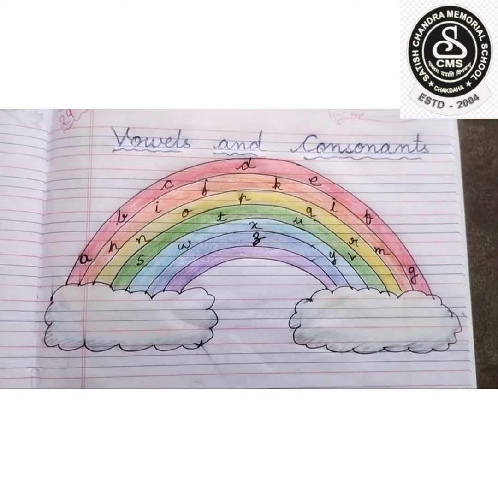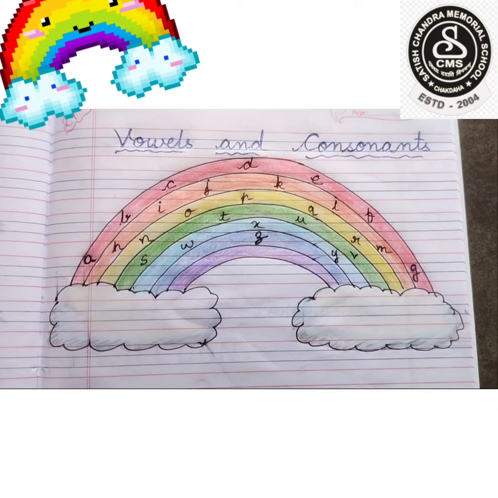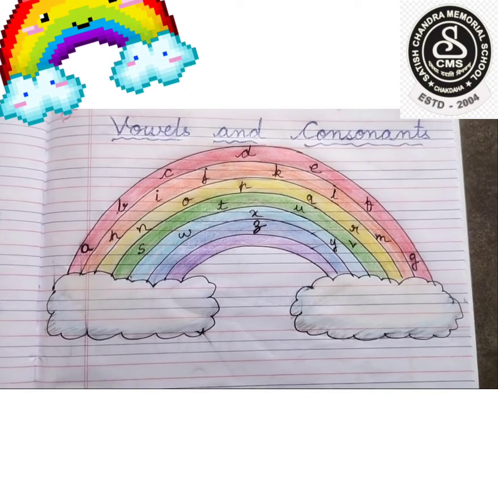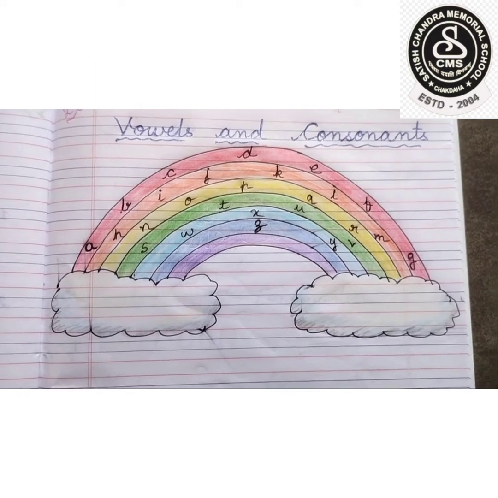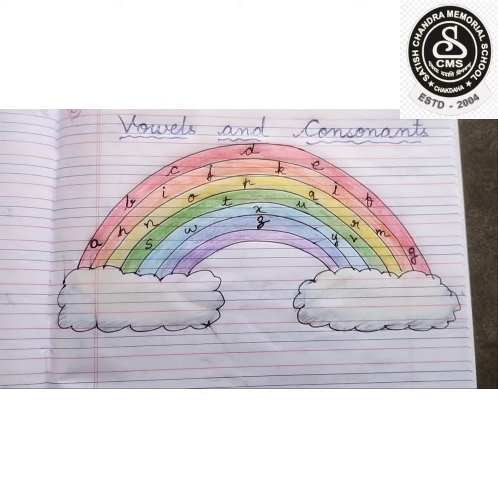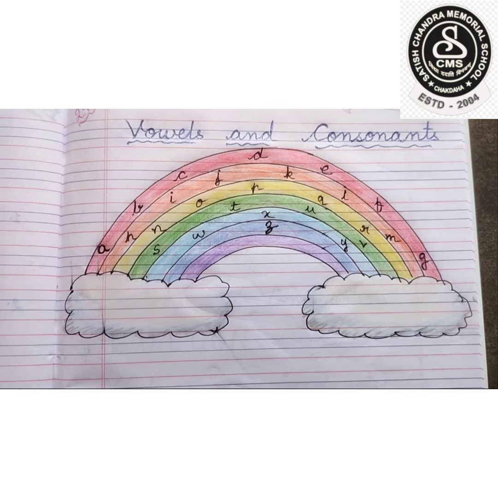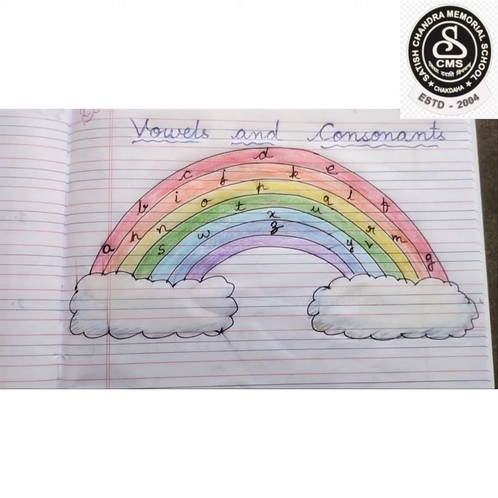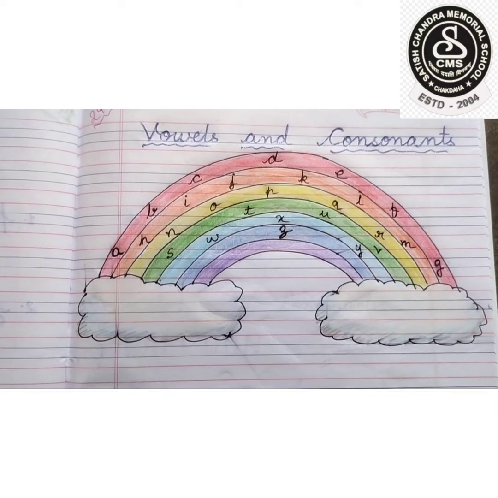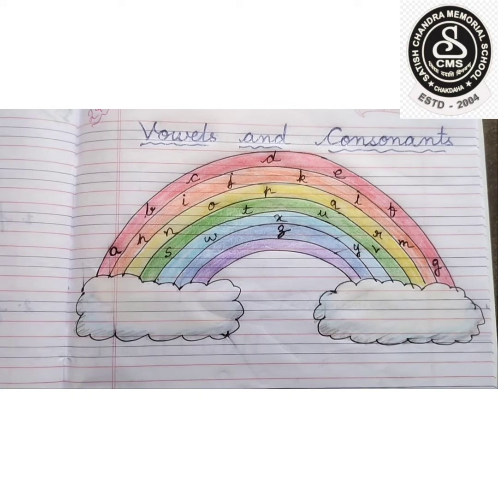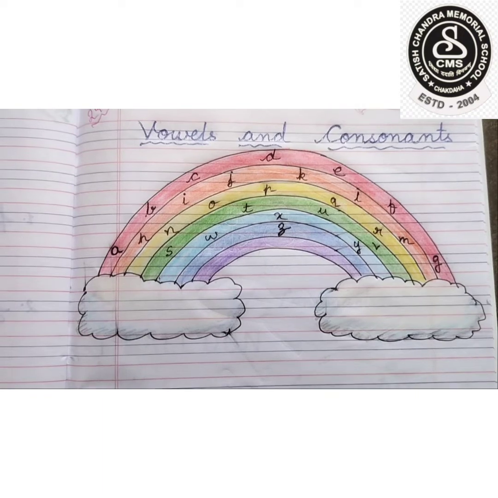Now children, you tell me what is this? Which picture is it? Yes, you are right. It's a rainbow. Children, do you know when a rainbow comes? Yes, when the sun comes out after rainfall, that is when a rainbow occurs. Again I repeat, when the sun comes out after a heavy rainfall, then the rainbow occurs.